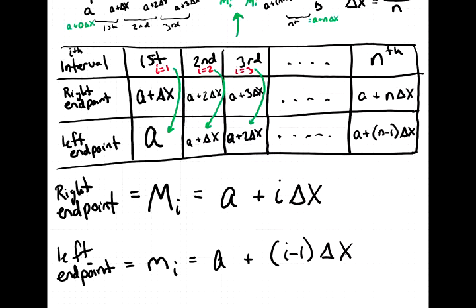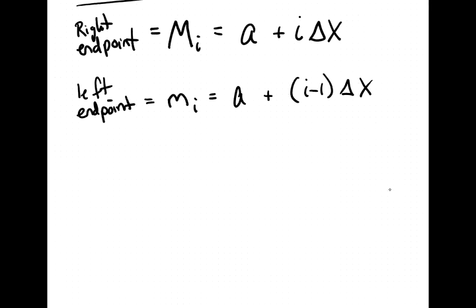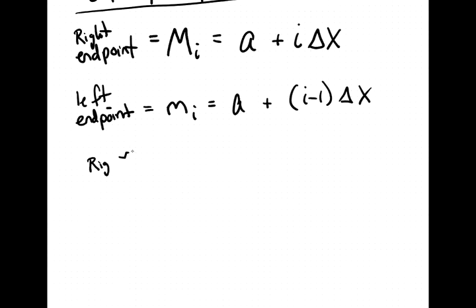And so now we could use this because, if we're estimating the area by using a bunch of rectangles, the area of each rectangle is equal to base times height, right? And if the base of each rectangle is delta x, well, the height is coming from plugging an x value into your function to find the height. So if we're using right endpoints,